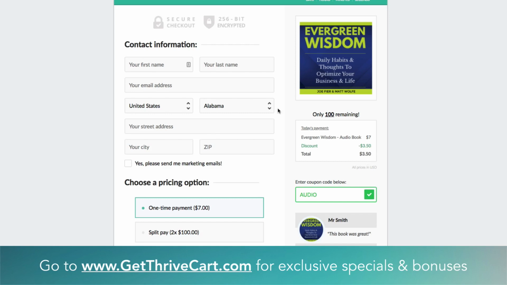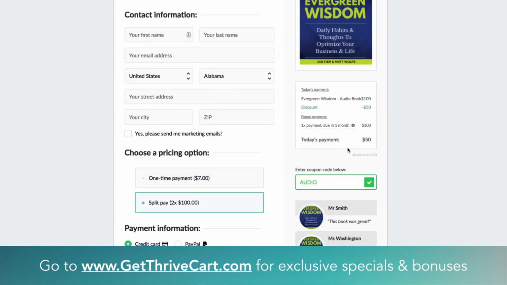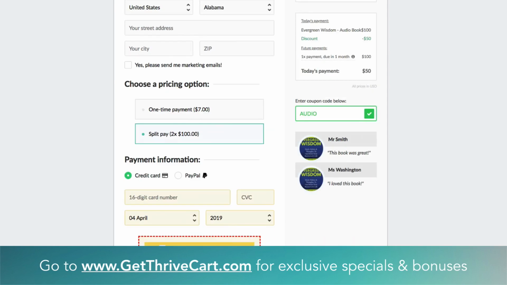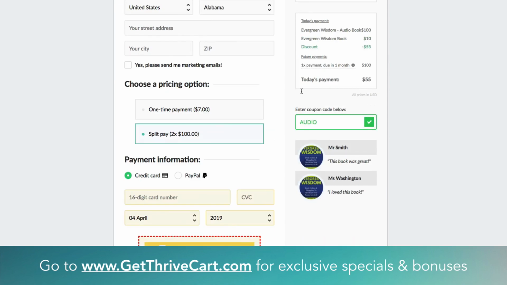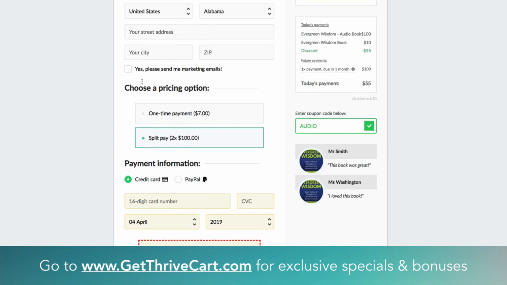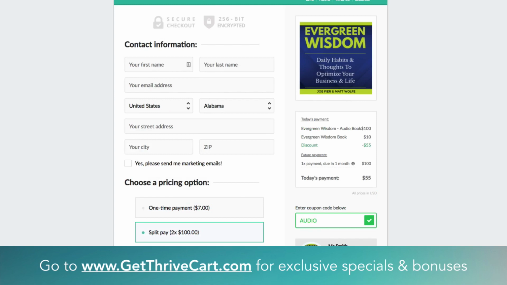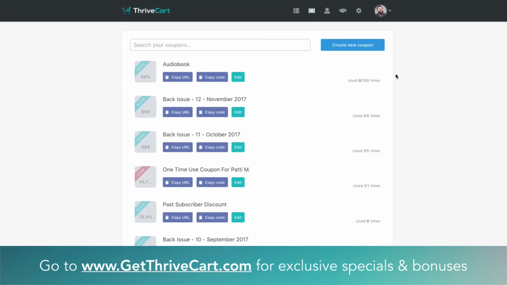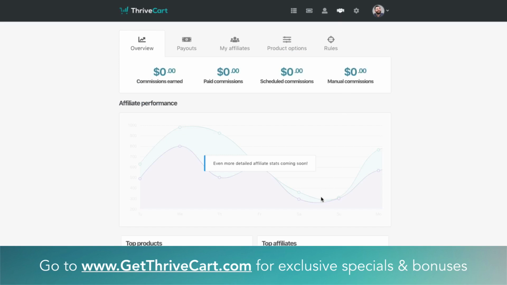Just took off $3.50. Obviously for this option, it's going to take down $50 per payment, which is really cool. And it'll even do that for the bump offer. You can see here. Oop, there we go. And so that coupon feature is super snazzy. So that's a good thing to test around with, and you can actually expand your marketing with some really cool stuff that way. Okay, I'm going to skip transactions for now and head over to affiliates,